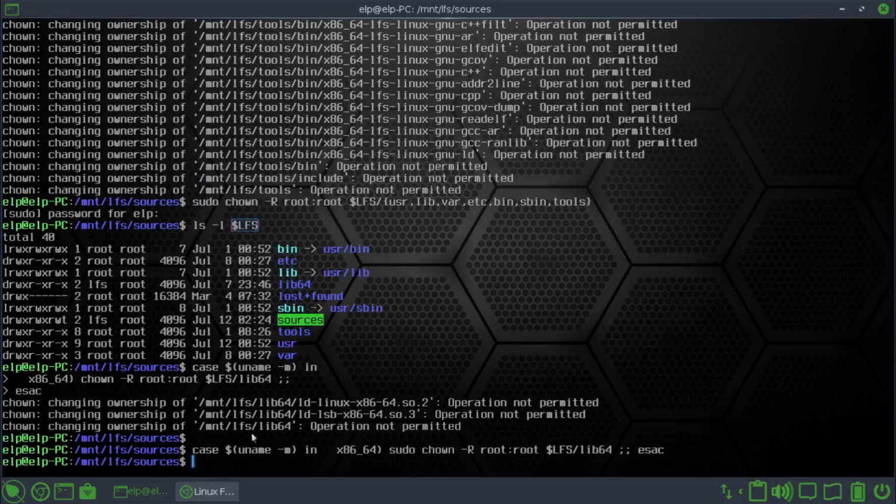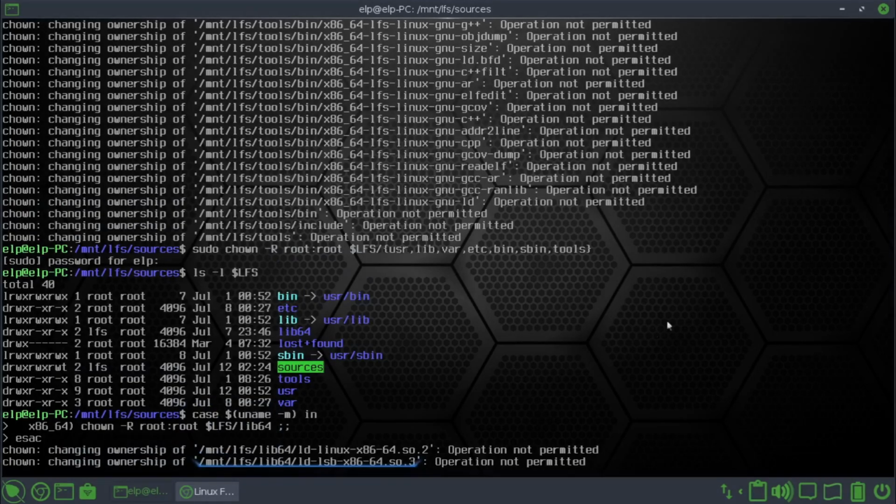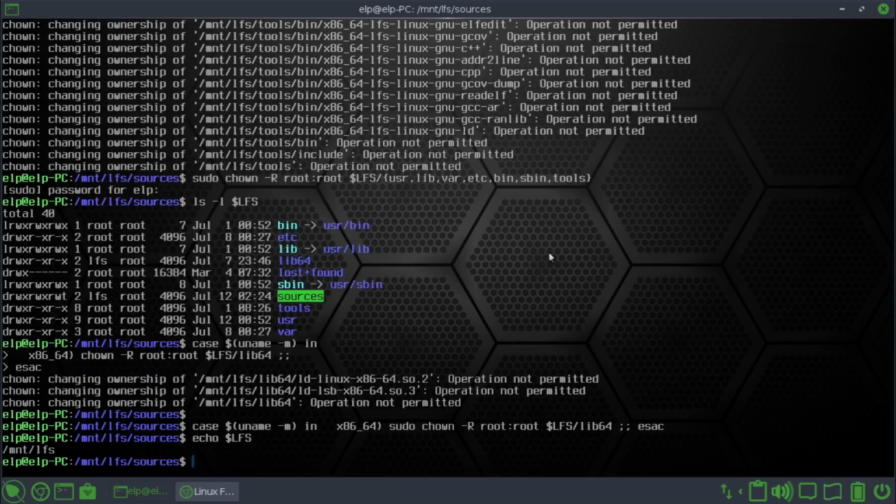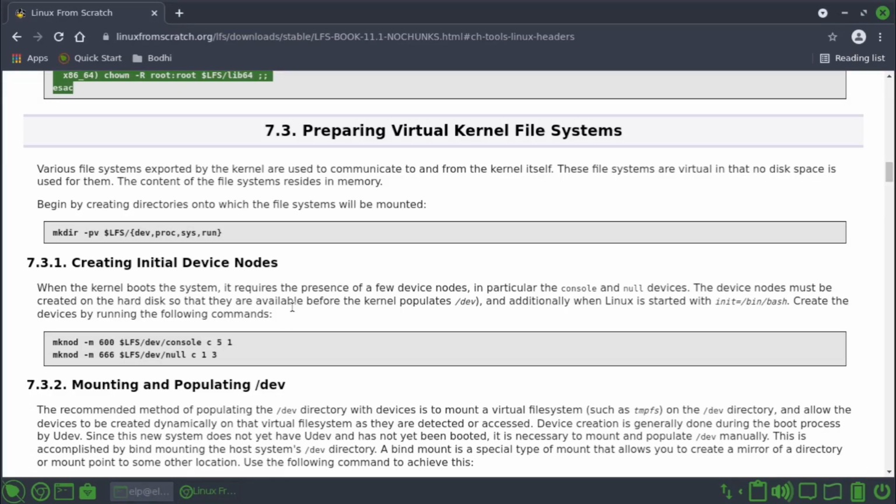One primary thing which I was supposed to do is the LFS. Okay, the variable is set. So no error. I mean, I didn't commit a big mistake. Okay, now let's